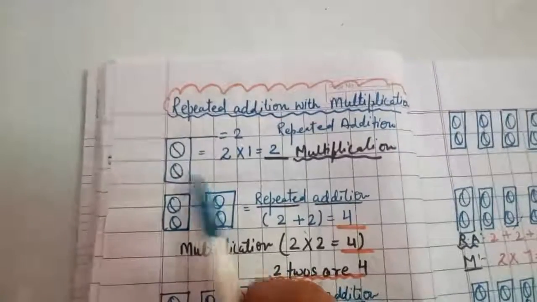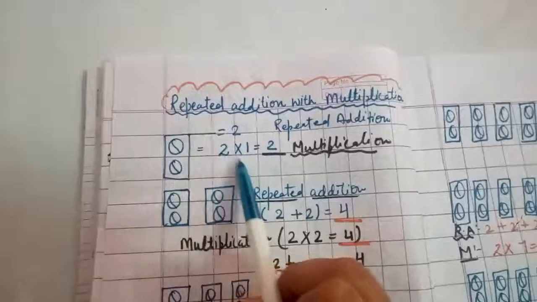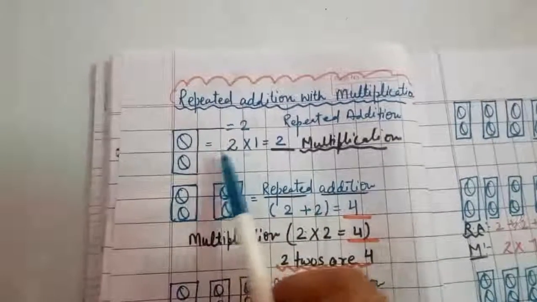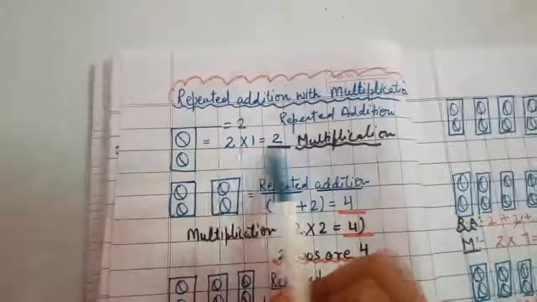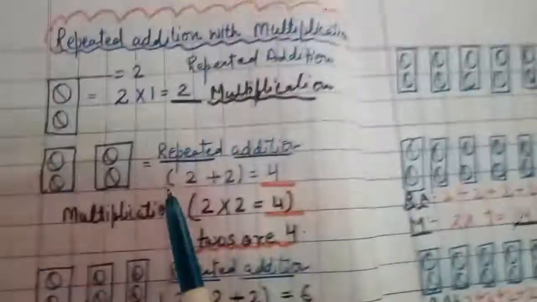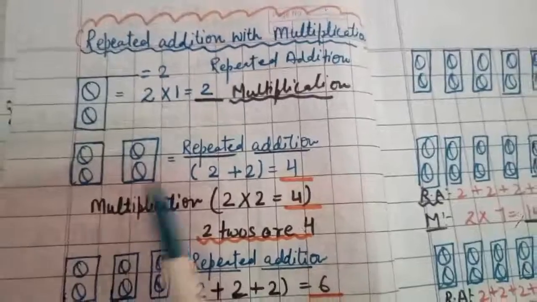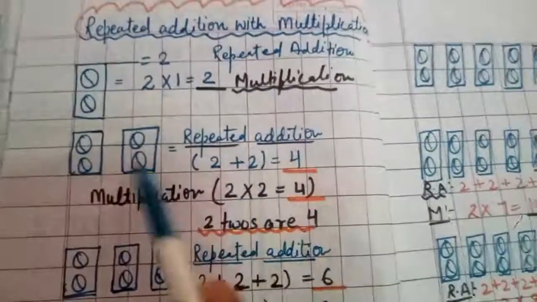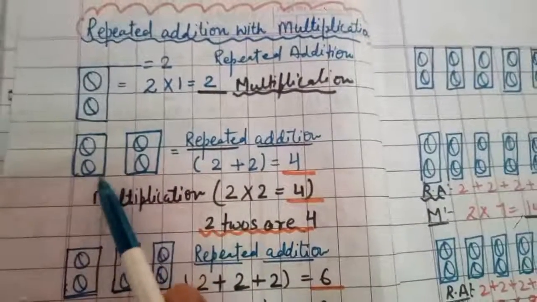So for 2 balloons, I wrote here 2. Then what is this symbol? This is the symbol of multiplication. And how many groups are here? 1 group. So 1 times 2, one 2 is 2. Let's come to another one. Which number comes after 1? 2. So there are 2 boxes. As we are doing the table of 2, in each box we put 2 balls here. So it's 1, 2, 1, 2.